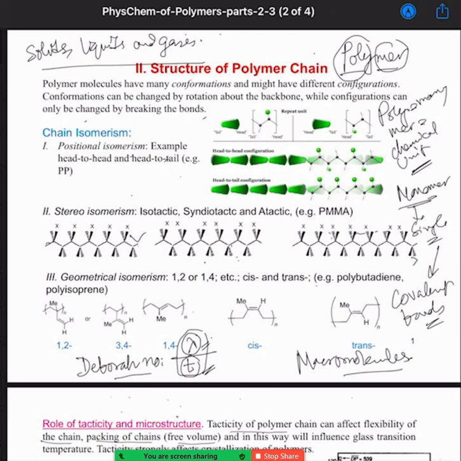That is, whenever some stress is applied, let it be a mechanical stress or any other form of stress, it could also be electrical stress, magnetic stress, whatever. When that stress is withdrawn, the polymeric material will take a higher time to relax, that is, to respond. That makes lambda greater than t, that is, this Deborah number becomes greater than 1. Now if you consider an elastic solid, its